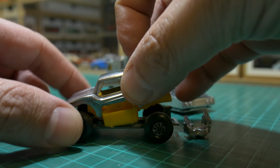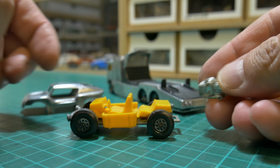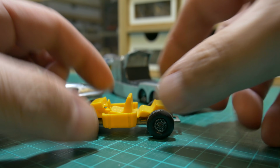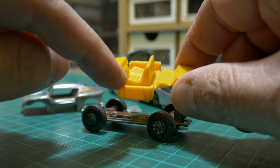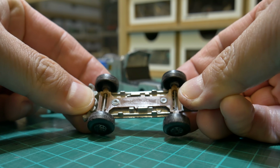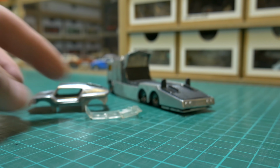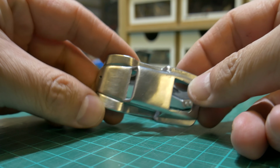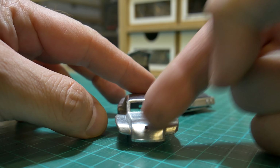It's always great, this part, because I've seen them for 30-40 years or whatever, so it's nice to take them all apart and see what's been hiding inside all these years. So this rear engine, a little bit of damage to it, not too bothered about that. The interior is okay, comes with these little fuel cells either side. This plastic suspension with this notorious back end where the axles used to pop out, and it always used to make them all over the place, and I'll show you that later on and address it. But the windscreen assembly there, and then a little bit of a sanded down body,